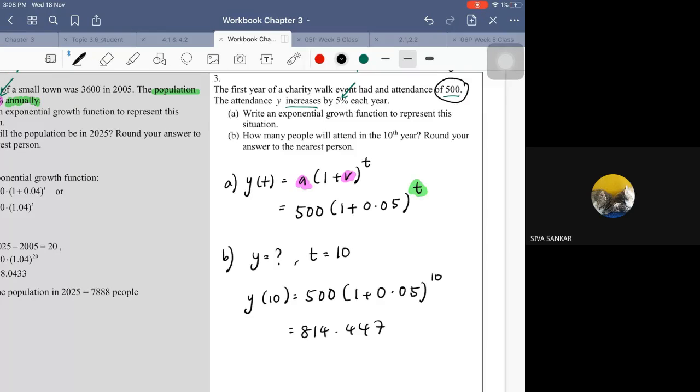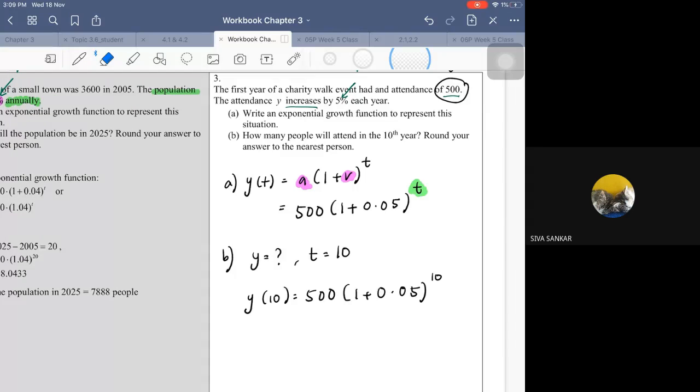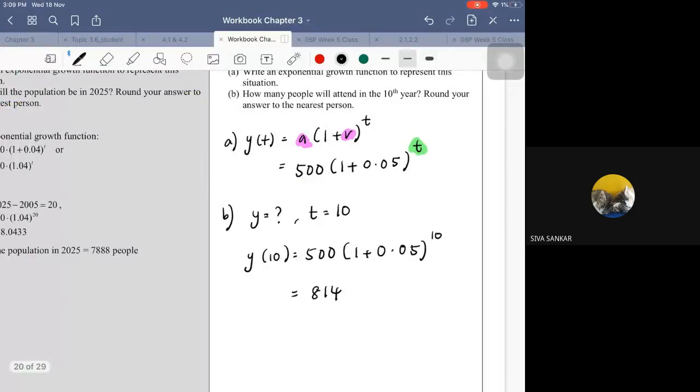What's the value, Siva? 814. 814 is correct. 0.447. 447, yes. Okay, but the thing is that it says over here round your answer to the nearest